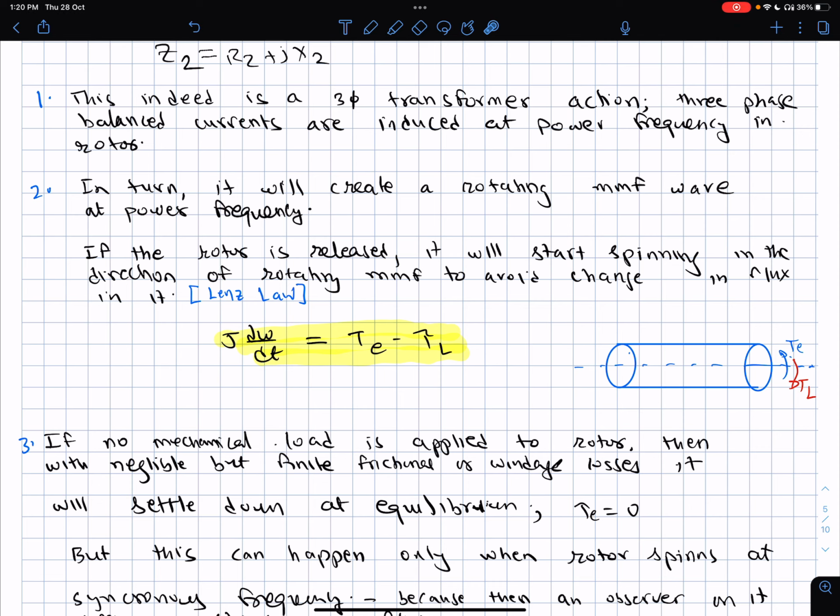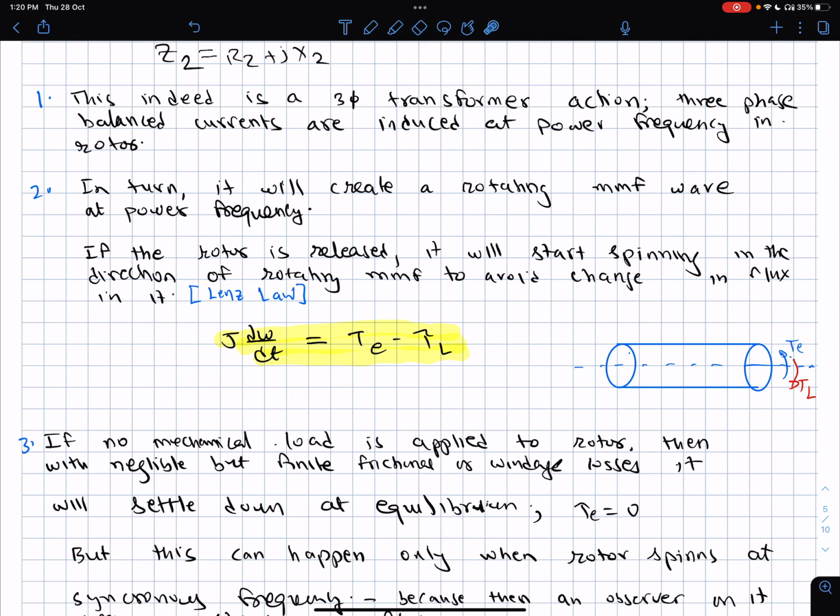So therefore, I'm not drawing specifically the currents. You can actually physically draw the currents, but I'm not trying to right now go into that microscopic detail. But you should, using Lenz's law principle, mark the directions of induced EMFs and actually draw the currents and see that those try to rotate the rotor in the direction of the rotating MMF wave. Fine. Now